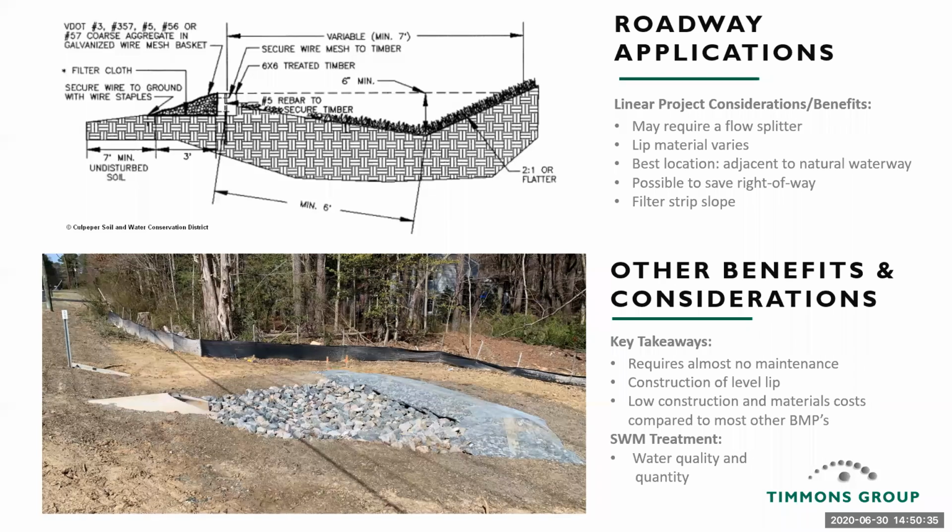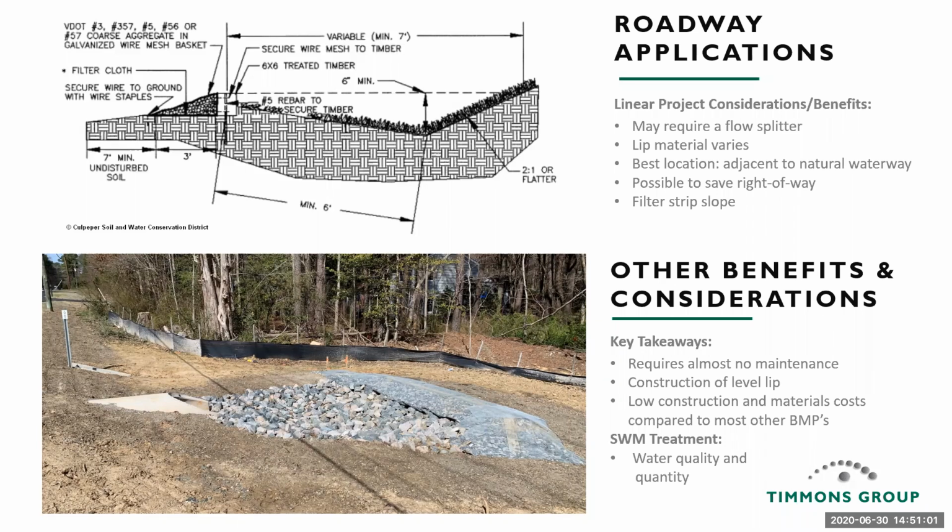The best location for these in conjunction with filter strips is next to a natural waterway. Maybe think of a stream with shallow slopes leading down towards it, with the idea being to sheet flow your project runoff and allow it to infiltrate at least partially before it gets to the waterway, instead of dumping it directly into the waterway as a point source. And the idea is to prevent stream channel erosion.